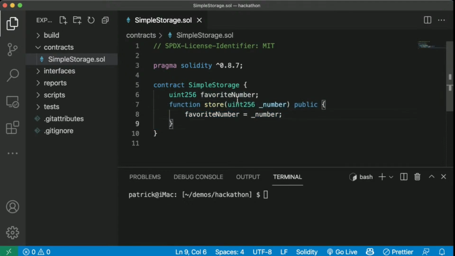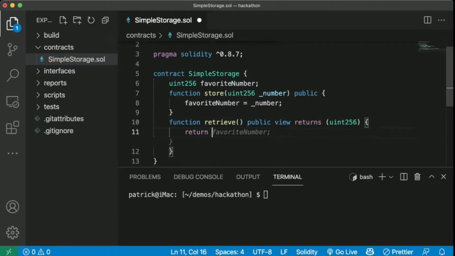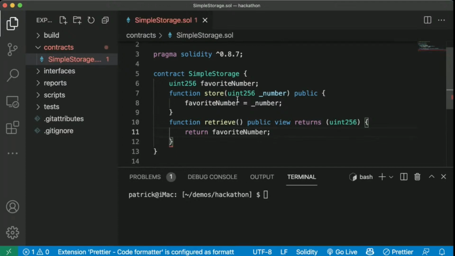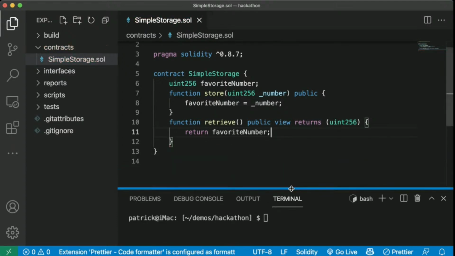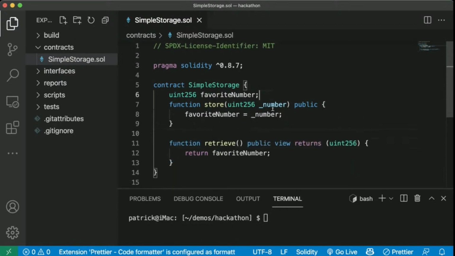And then we're going to give it a retrieve function. So we'll say function retrieve public view returns uint256, return favoriteNumber. Right. And this is going to be our whole contract. This is all it's doing. We've got our variable favoriteNumber in storage.